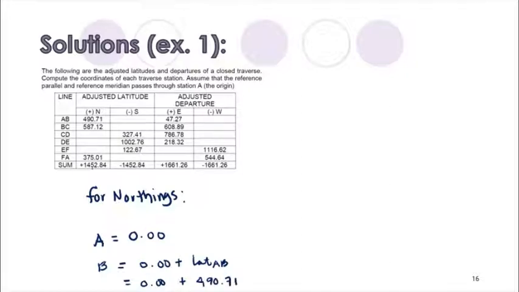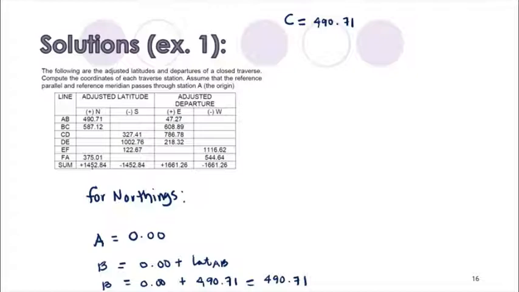So it's plus. Therefore, the coordinate of station B is 490.71. Then for C, we also have